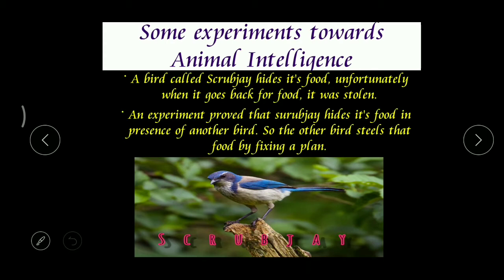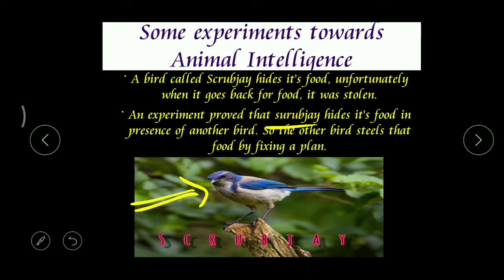Okay, and here what is that example? This bird. Okay, what's the name of this bird? This scrub jay. Now actually this scrub jay feeds on small fruits, and for a future purpose, this bird likes to store or hide its food. But while hiding, it hides that food in the presence of another